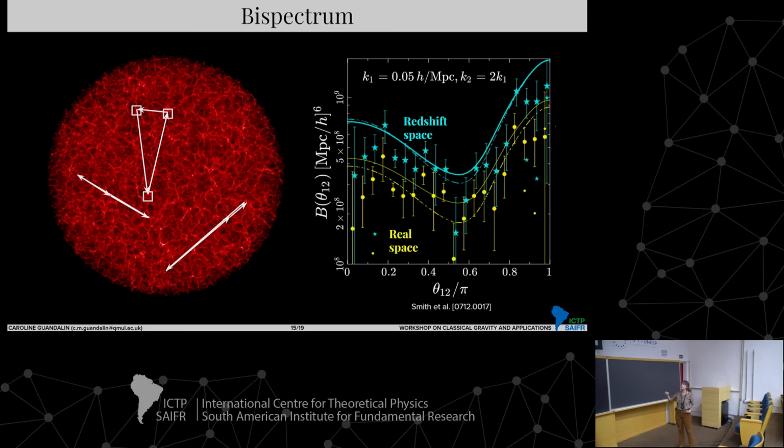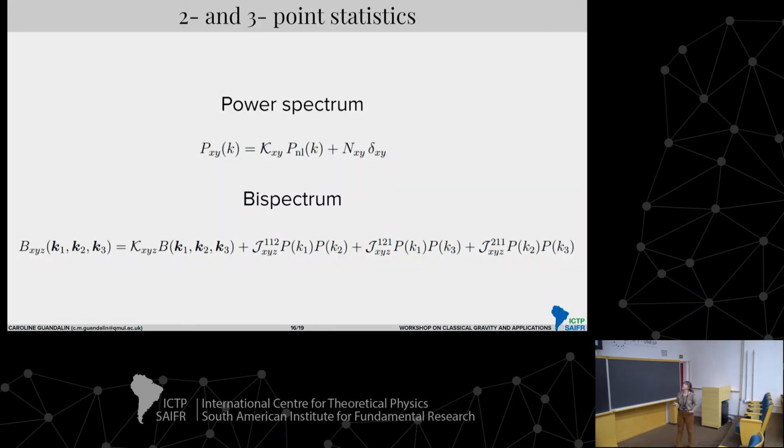And the bispectrum will appear due to the very nonlinear structures that we form in the universe due to gravitational evolution. So if you only have a Gaussian initial field and you have no nonlinear physics, then you wouldn't have a significant signal for the bispectrum. So it is basically telling us how different modes couple in the large-scale structure.